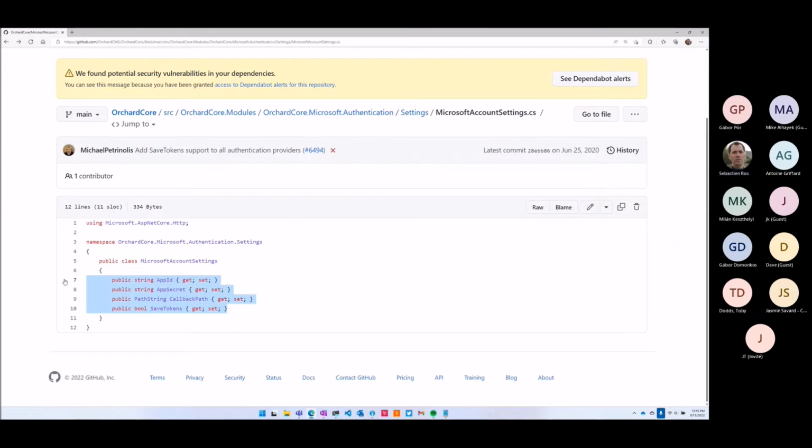This way, options should be configured first, and then if settings are there, override. But you don't know if it's there. Or maybe you know if there is one object, but maybe you don't want to set save tokens. Like the bool. Let's assume you want to override app secret. Fine, you override an app secret, but then you don't want to override save tokens. How do you say that? You can't, because there is true or false. So it will take whatever is in save tokens, true or false.